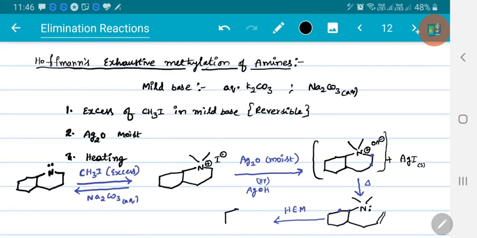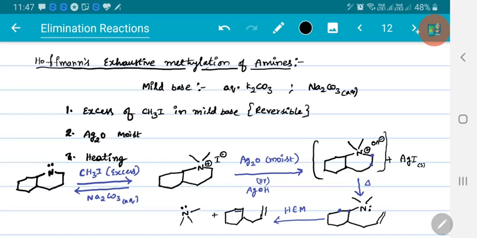The obtained alkene has one double bond inside this cyclohexane system and a terminal one, and this amine system has left the position, so you will get a tertiary amine. Of course this again combines with the methyl iodide to form a quaternary amine, right? So as long as there is availability of beta hydrogens, the elimination keeps on repeating, Hofmann's exhaustive methylation keeps on occurring, as long as a quaternary ammonium salt is possible in the system. Once it is left that system, that means there are no beta hydrogens available for the quaternary system, then the reaction will stop, right?